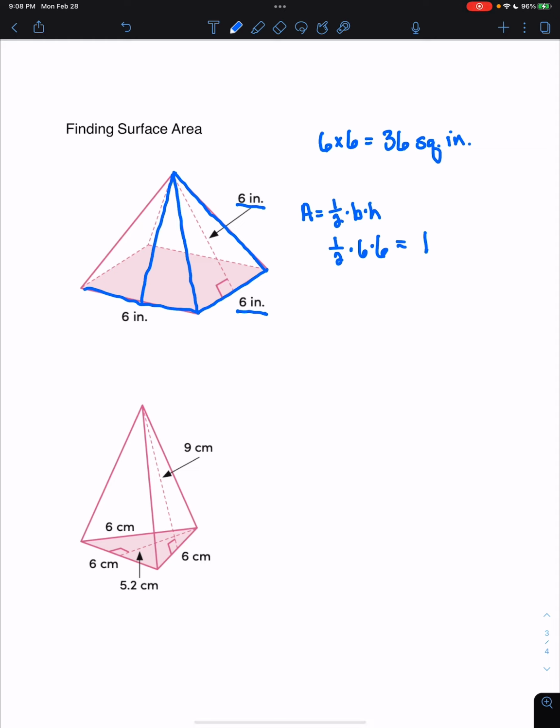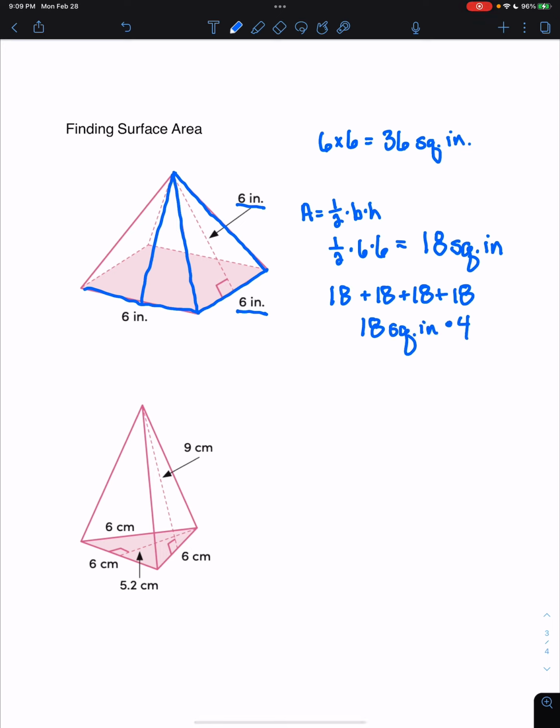Is going to be 18 square inches. All right, so that is the area of one of our triangles. However, we don't have one triangle, we have 4 triangles. So you can either say 18 plus 18 plus 18 plus 18, or we can say 18 square inches